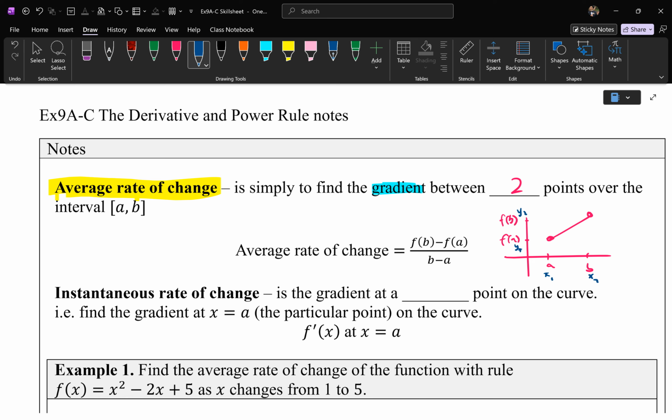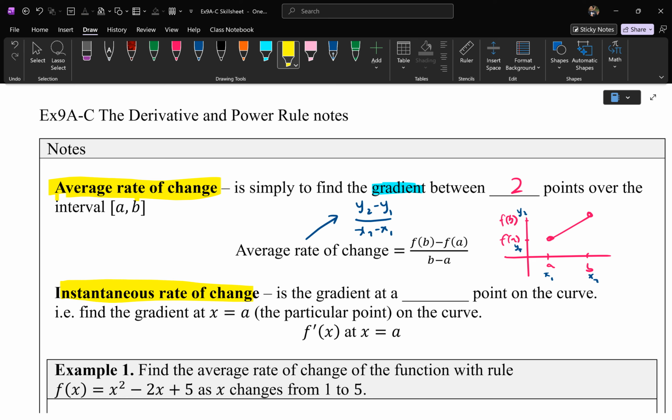Okay, so you did that back in year 9. We just didn't call it average rate of change. It was just finding the gradient between 2 points. That should be one of the easiest questions you get in the exam style. You're essentially just finding the gradient, a year 9 skill. Okay, so if it helps you, y2 minus y1 over x2 minus x1 is what average rate of change really is. Okay, versus